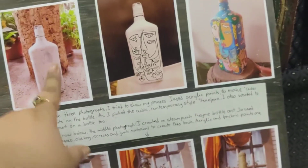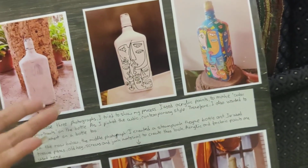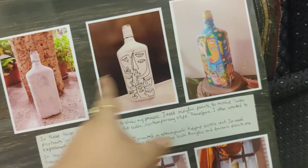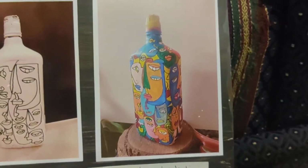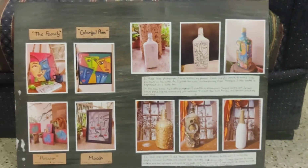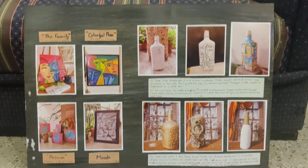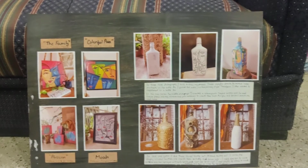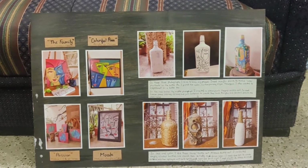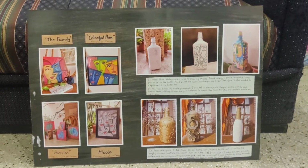And for the exam I did this. I wanted to photograph it and show it. A regular whiskey bottle, and then I turned it into this art piece. This is with acrylic. So I photographed this entire thing and attached it to my work. So yeah, this is my fourth board where I wanted to show my extra stuff that I did as a